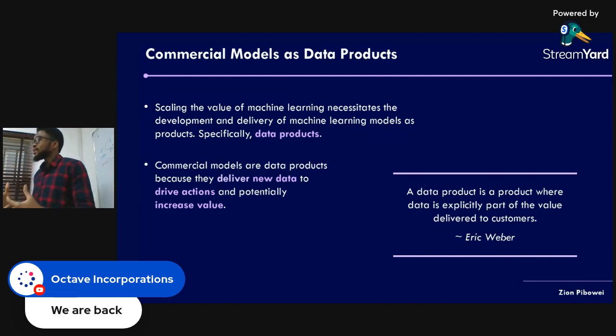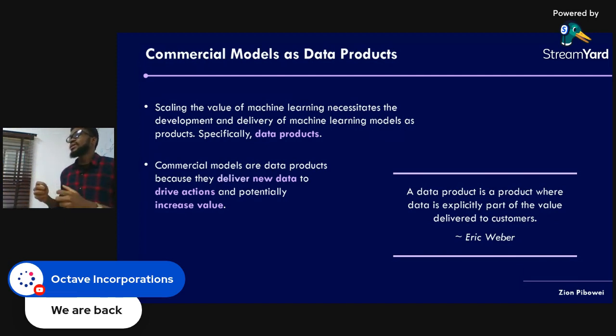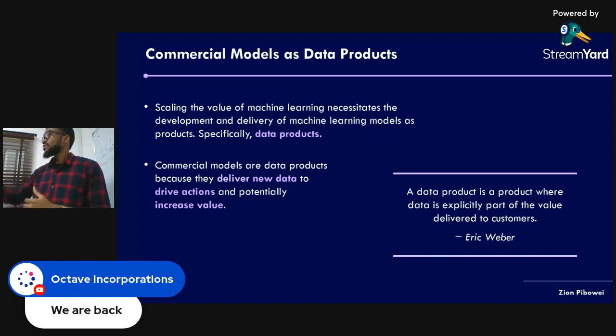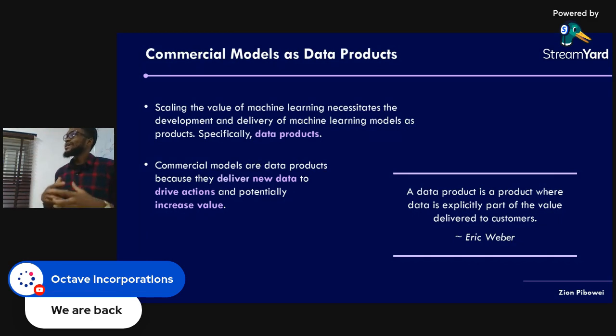If they are external data products, they are basically the data products that are customer facing, that are serving customers. So think about what is happening on your search engine, how models are working on your search engine to give you the most relevant search results. Those are called relevance algorithms, right? Now, these data products are customer facing, so they are external data products. Then we also have internal data products, and internal data products can be of two types. There are those internal data products that are serving internal users or internal business stakeholders.